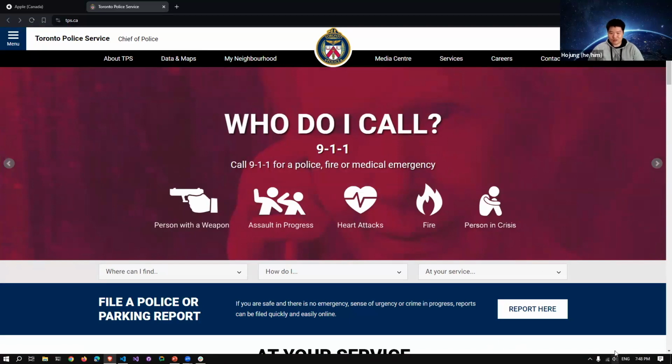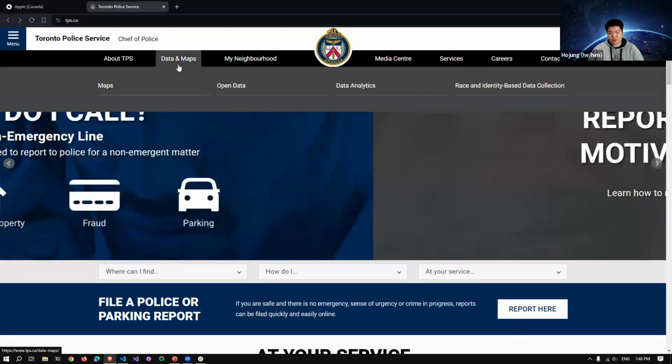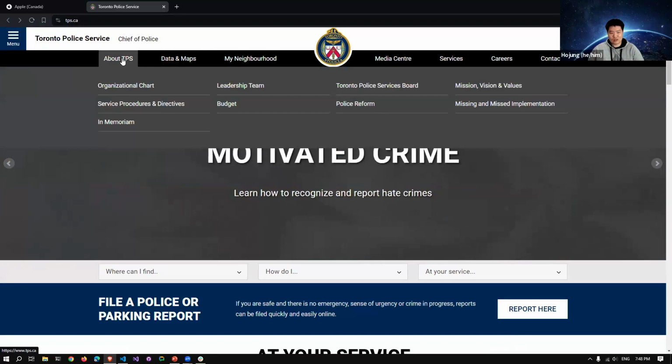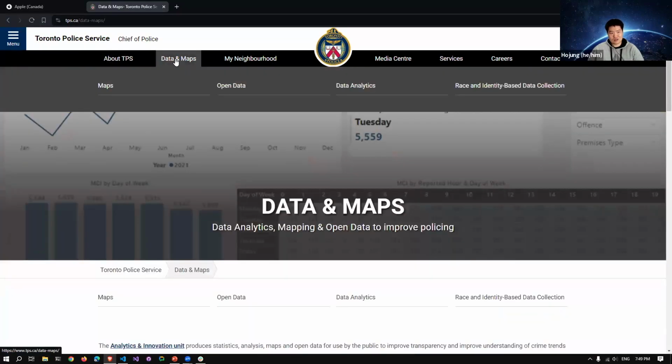Other than this carousel keep announcing, the problem with their navigation is like what we talked about. It's interactive when it's hovered. It's very interactive when it's focused, but when I click on it, let's click on it, it takes me to a different page, right? So if I was using their website on mobile devices, I wouldn't be able to see this submenu, right? It would just take me to the data and maps page immediately,